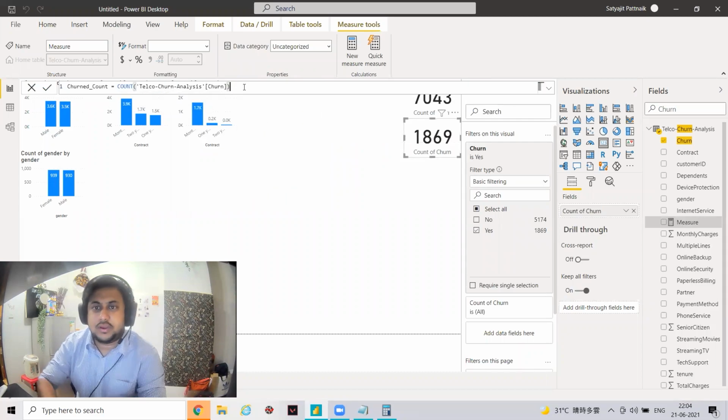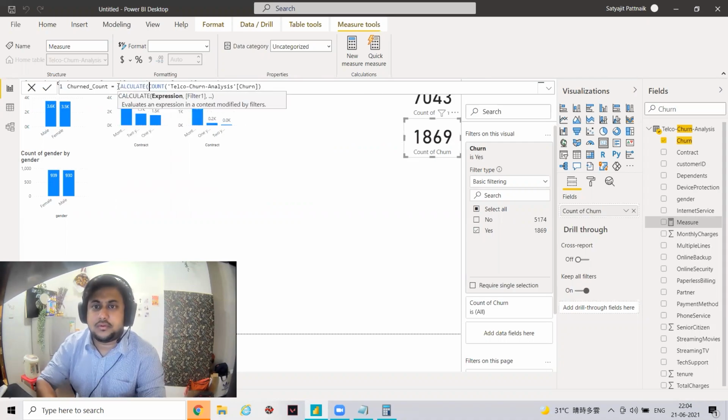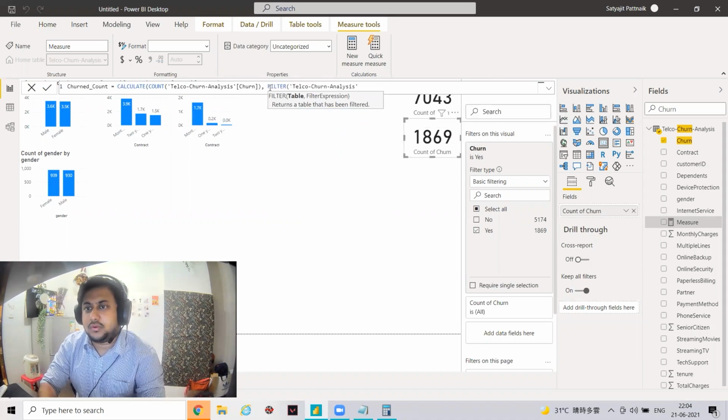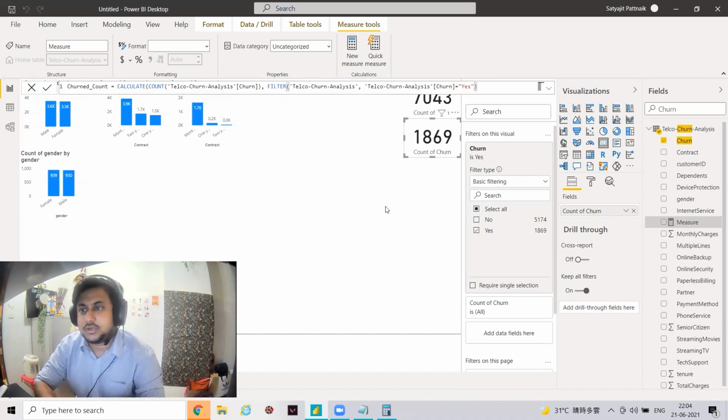Okay, let's do it this way. I will just do calculate count of this filter, table telco, churn equals to yes. Okay, churn count.